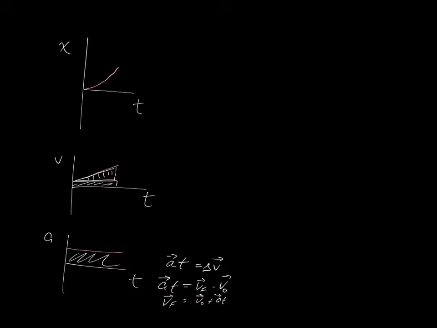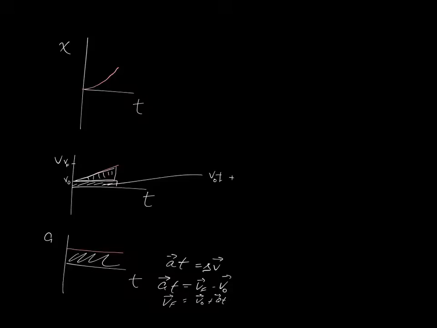So let's figure them out. So the rectangle, that height on this side is V initial, and then later on we have a final velocity, V final, right? So what I'm looking at is V naught T, that's the rectangle there, plus